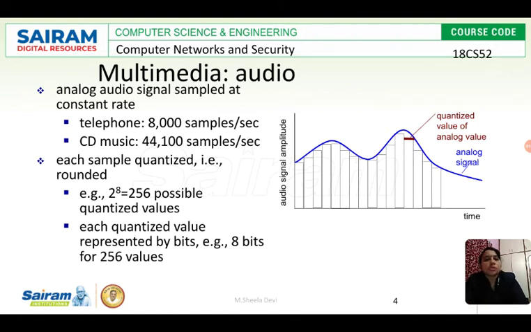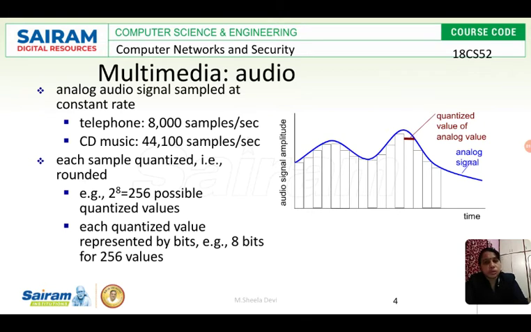Okay, so the first format we are going to see is the audio format of data. How is the audio available? It is in the form of analog audio signals. The sound is always represented in the form of analog audio signals.